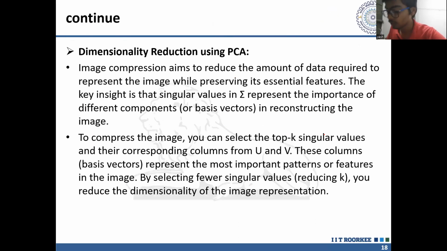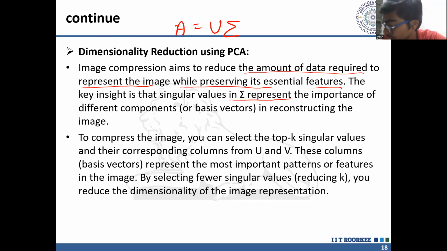Okay. Now another example is PCA in image compression, which aims to reduce the amount of data required for representing the image while preserving its essential features. The key insight is that singular values in sigma represent the importance of different components in reconstructing the image. Basically, in SVD,